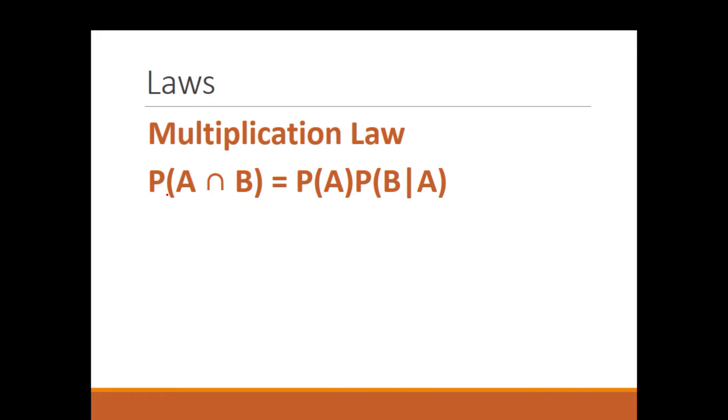We have the multiplication law, which is the probability of A intersect B. That's an AND rule. So when it's an AND problem, we're going to use the multiplication rule. So what's the probability of me being late to class and me not having my lecture with me? Well, probability of A intersect B equals the probability of A times the probability of B given A. If I am not late to class,